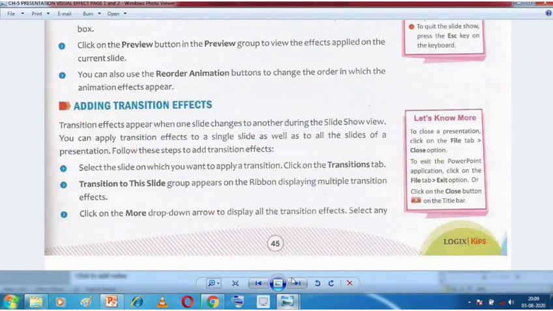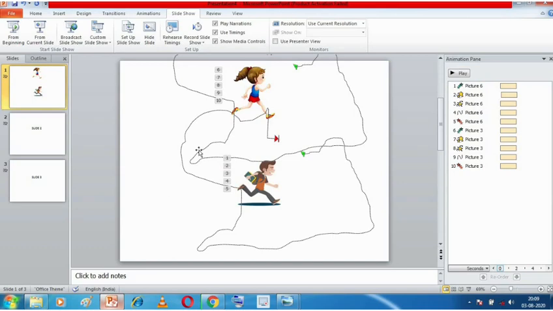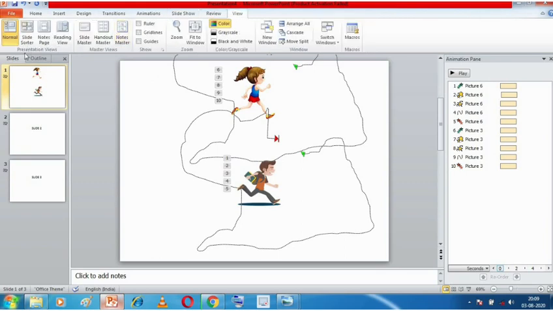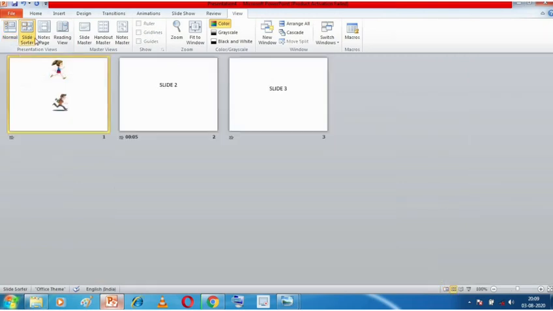What they are saying is that in the previous class, class 5, you studied different views of your slide. This is the normal view. There are more views, like the slide sorter view. See, this is the Presentation Views button.